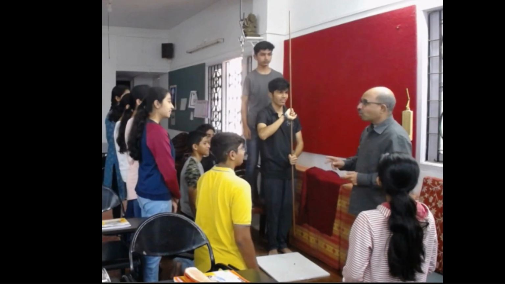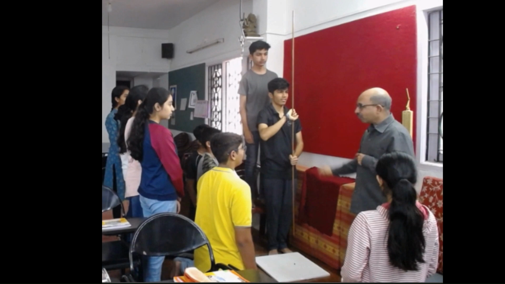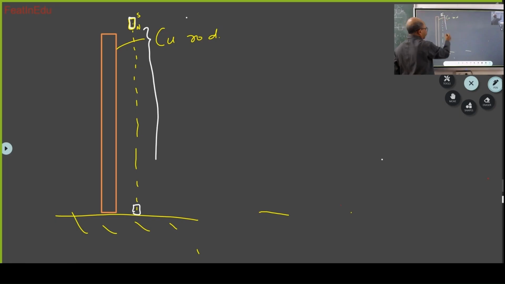It took almost 3 seconds for the magnetic piece to fall through this rod. The approximate time taken for this was hardly 1 second. Hardly 1 second. So it had a free fall. Okay. Now, when this object